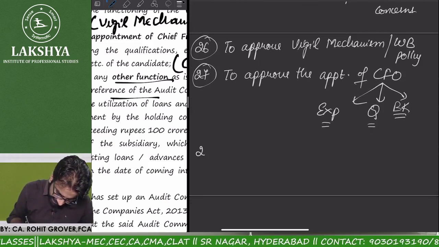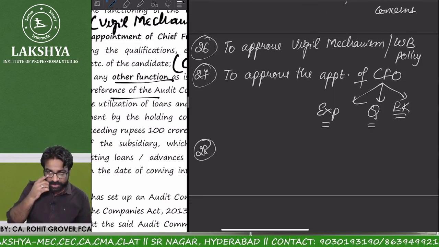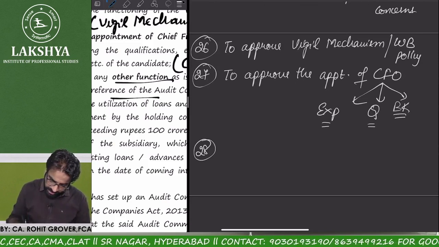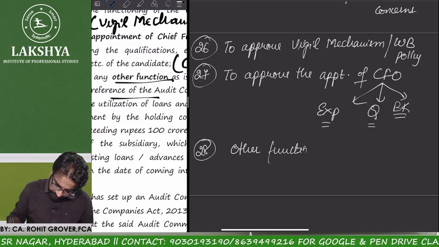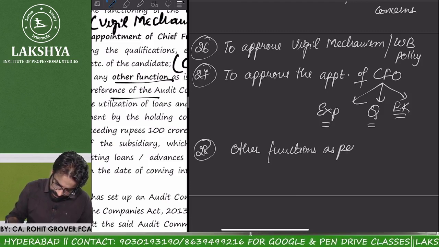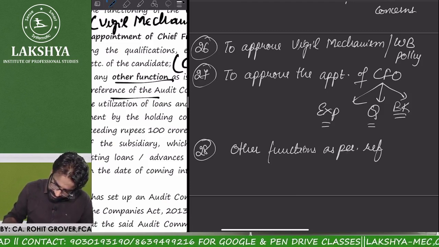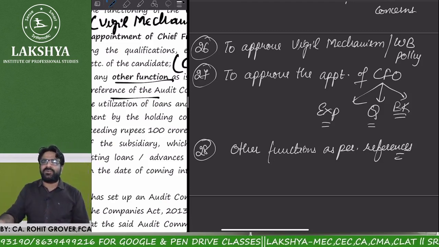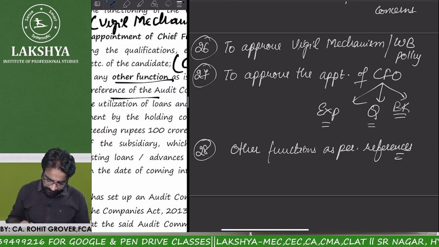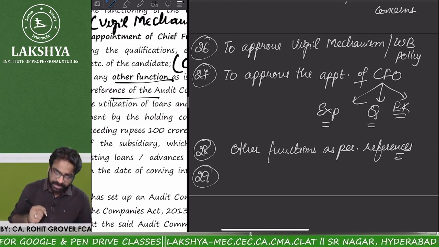So point number 28 is to ensure the other functions as per reference. If anybody refers any other kind of work to the audit committee, the audit committee will do that function also. And point number 29 is going to be